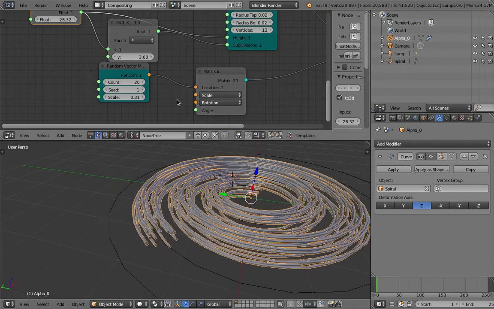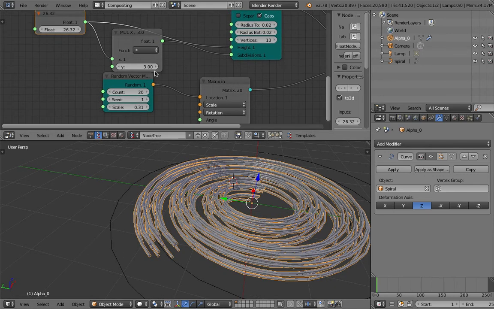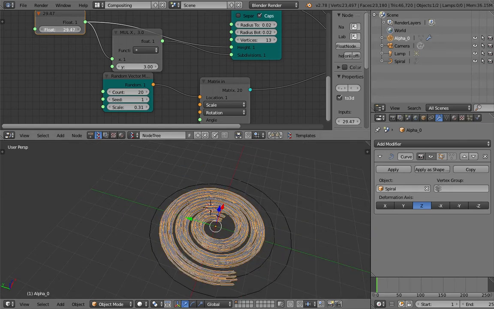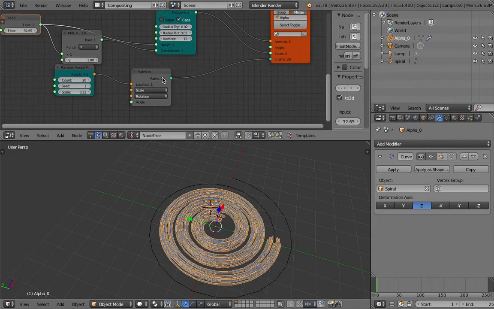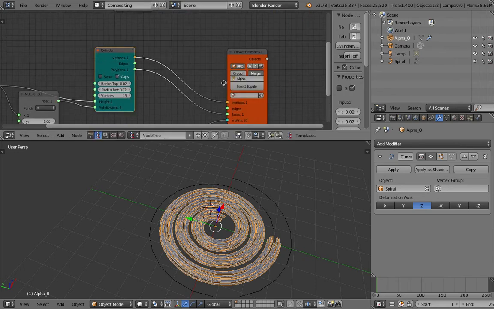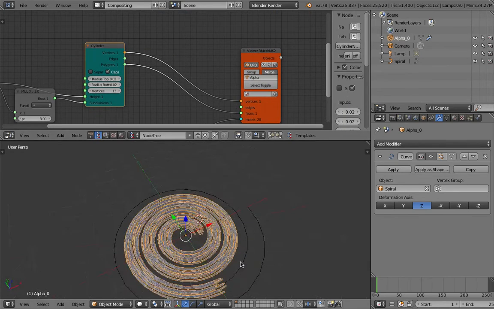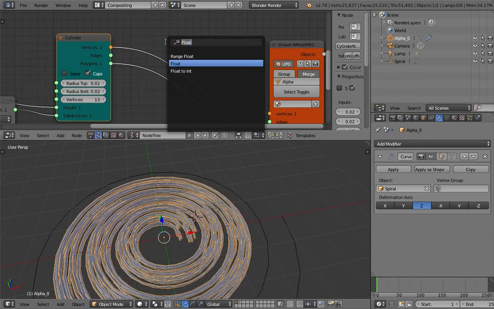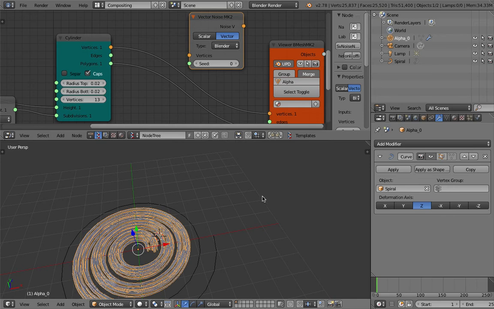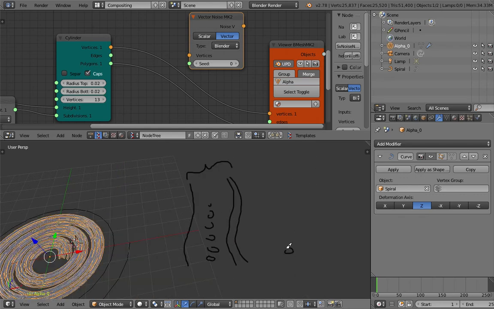Maybe one thing that might be tricky is to give a different color for each cable, but I think we can do that using Cycles. I have to have a look, but for now I'm just worried about this structure. Yeah, we kind of have it. We could actually do a little bit more with the vertices here, because we are dealing with a cylinder object. We need to be careful. We can't just plug in a randomization there. Maybe vector noise will be good for that. But remember, this is not like single lines. It's a different thing if we have single lines and we do the lofting of a circle along the lines. This is probably more ideal, but we are dealing with an actual cylinder,